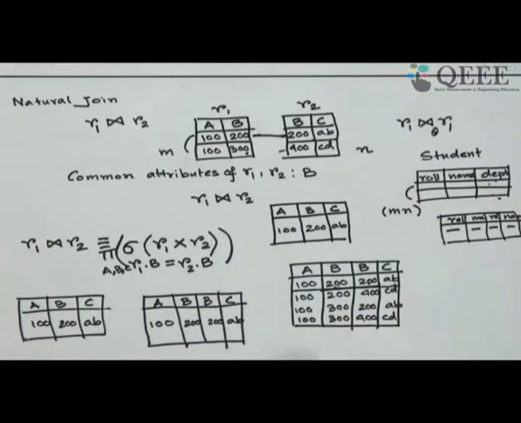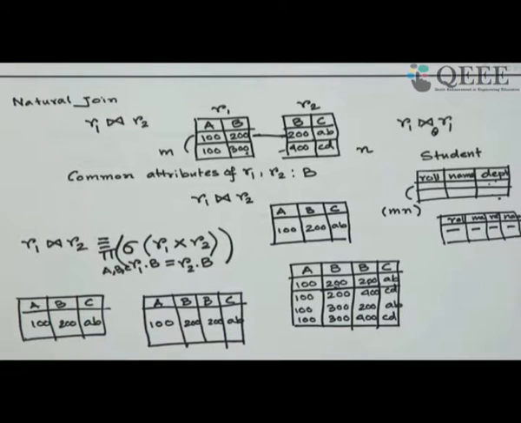Or for example, take a bank account table. I have the account details of all the banks, and suppose a person has 2 accounts in the same bank. So what will the self join return? It will return all the person names, and against each, all the accounts that the person holds. Okay, that is a self join.